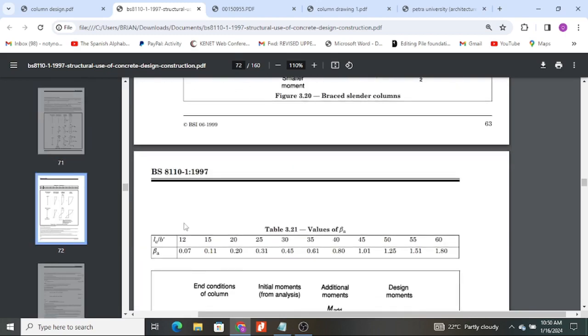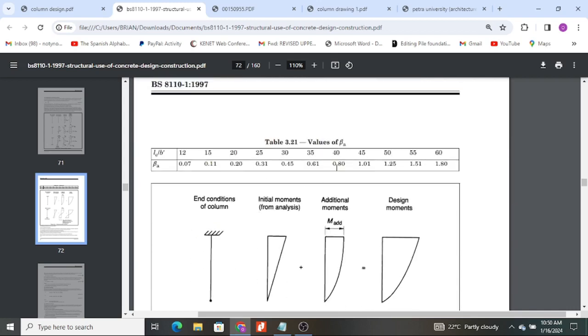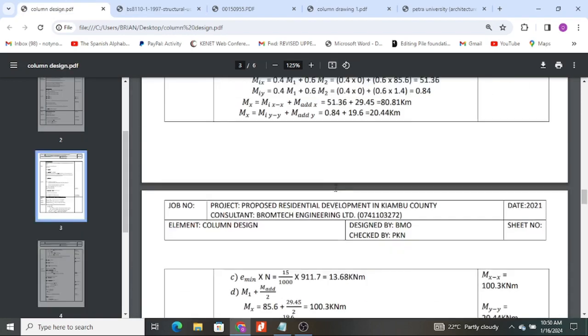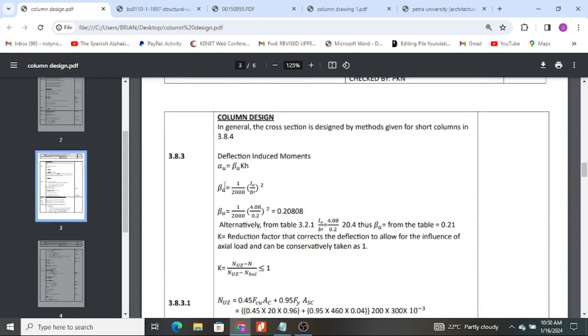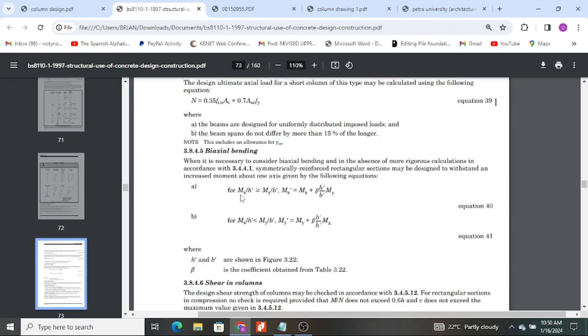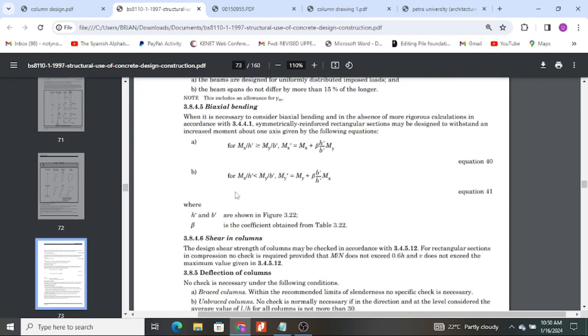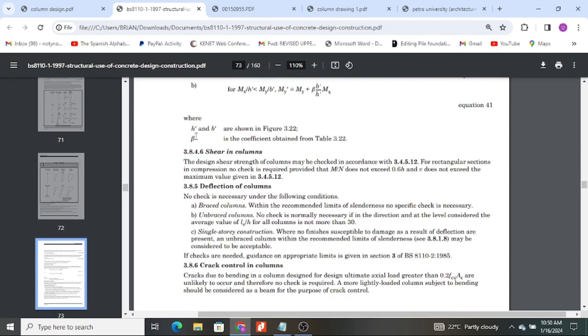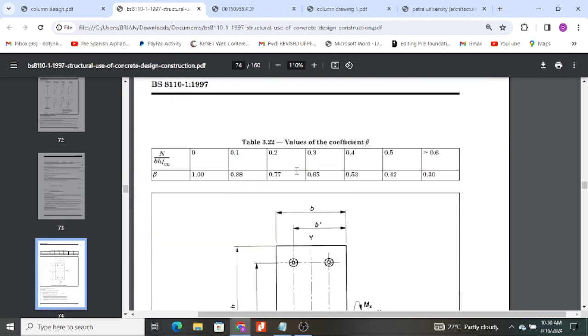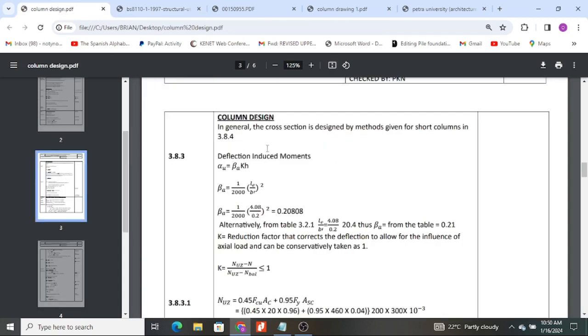Let me get it. This one, this is beta A. These two values are different because this one was used way earlier on when determining the deflection induced moments. So for this case, we are determining this beta from table 3.22. We have found that if it's greater than or equal to 0.6, it is 0.3. So if my beta is 0.3,